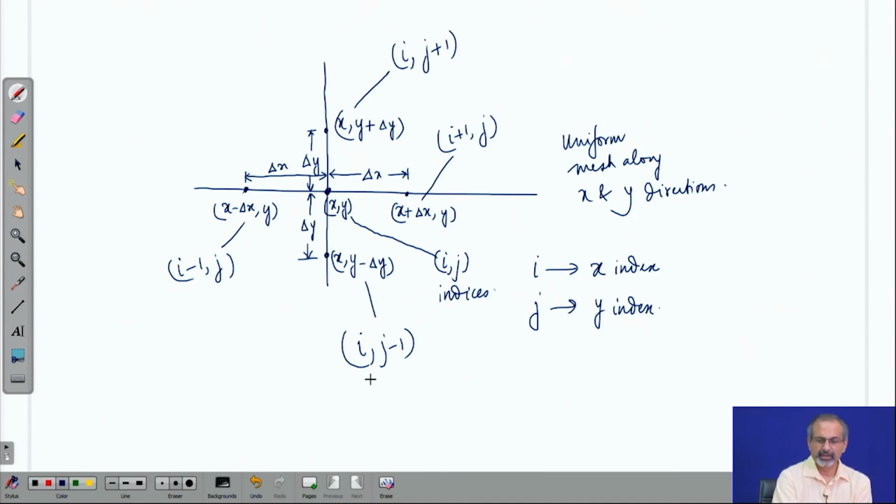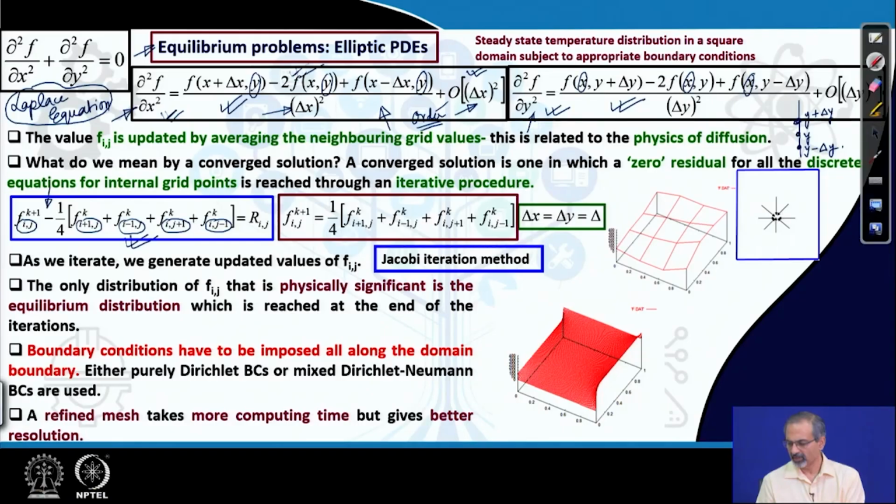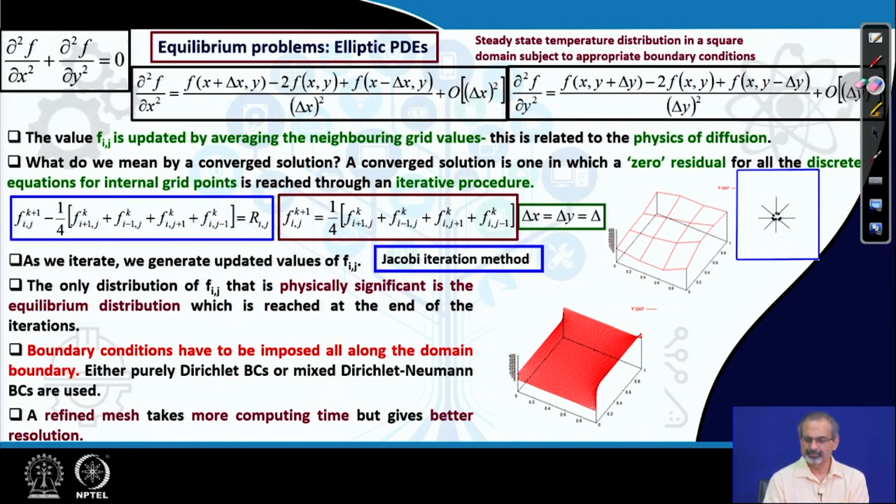So, this is how you apply the index notation. So, keeping the index notation in mind, now if you go back and look at this equation, you will be able to figure out that the only thing that we have done over here is to apply the index notation, by means of which